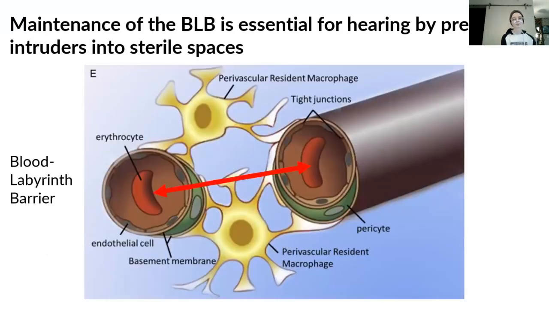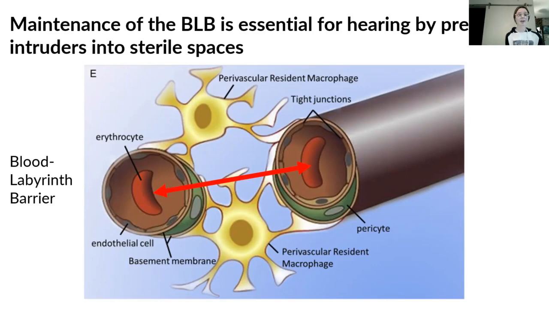All right, and so let's take a little bit and get some of the terminology out of the way that we're going to need for this talk. One of the most important terms to understand for discussing the condition labyrinthitis is the blood labyrinth barrier. And so you might have heard of the blood-brain barrier before, and the blood labyrinth barrier is about the same